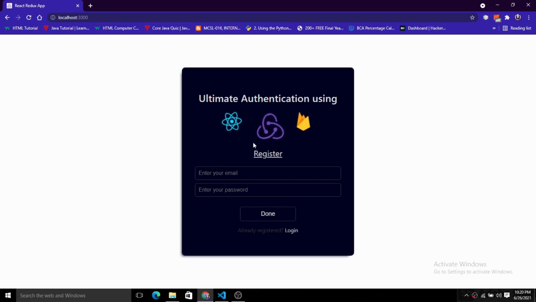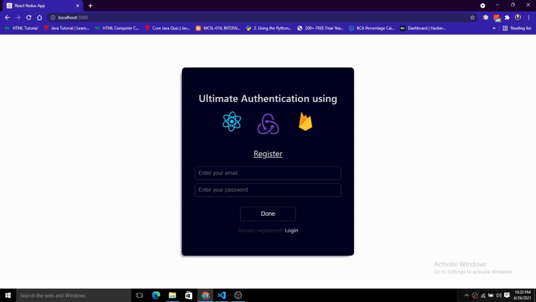So let's get started and see the demo of the build first of all. You can see here we have a card and we have a simple form. We are using React for the UI and Redux for the state management. Whenever we create a user or authenticate the user, we just want to persist that user for that respective session, right? And then we will use the Firebase authentication feature to authenticate our user using the email and the password.